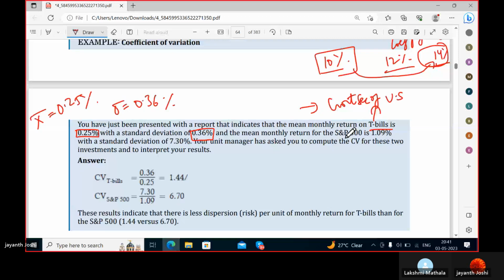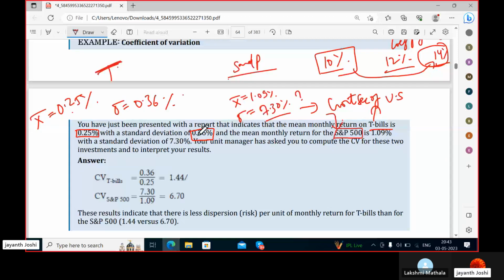It shows a lot of variability. Understood? Since the risk is very high, the return is also high. Am I right or wrong? Right, sir. And here the risk is less and the return is also less. So now we'll find out the coefficient of variation of these two investments. Here the standard deviation is 0.36 and the mean is 0.25 for T-bill. For S&P,